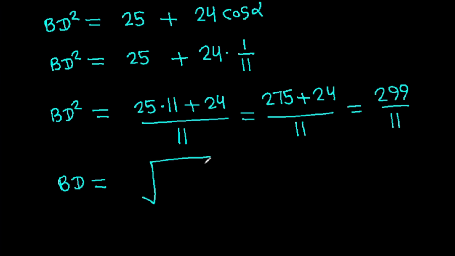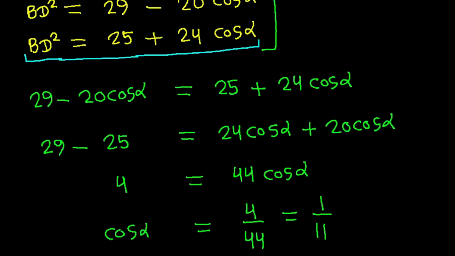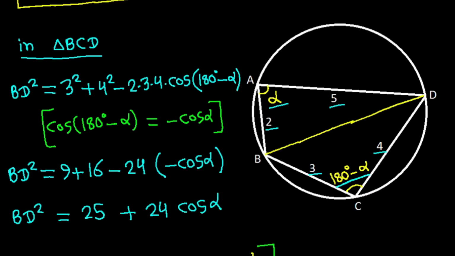will be root under 299 over 11. BD is root under 299 over 11, and